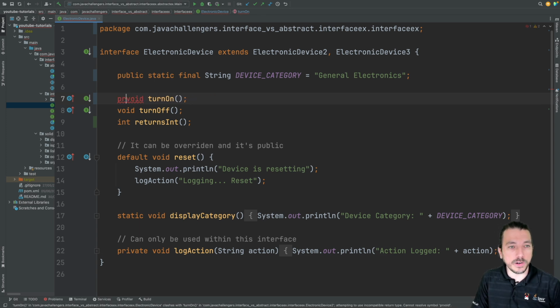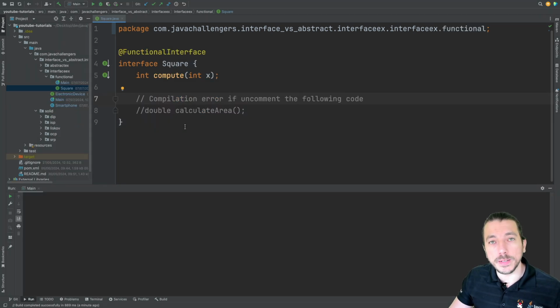It's the same for private. If we try that, we will also have a compilation error. So an abstract method in an interface will always be public and abstract. Remember that. The other important difference between interfaces and abstract classes is that in an interface, we can create a